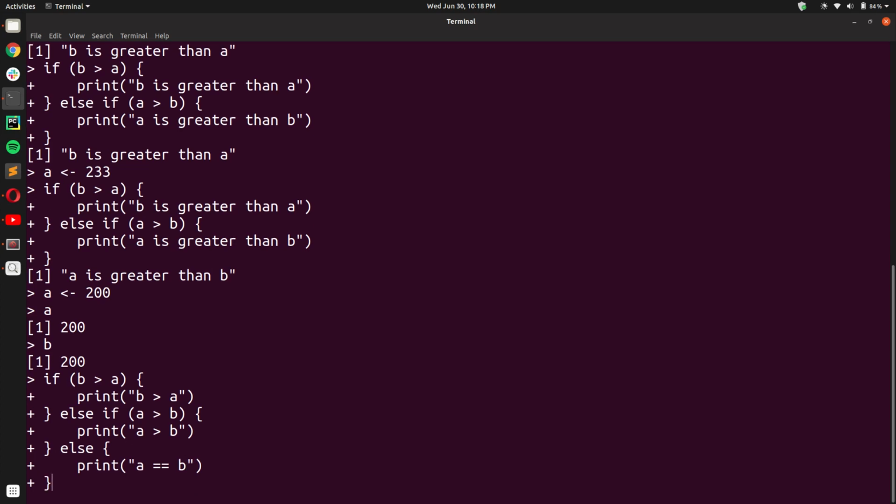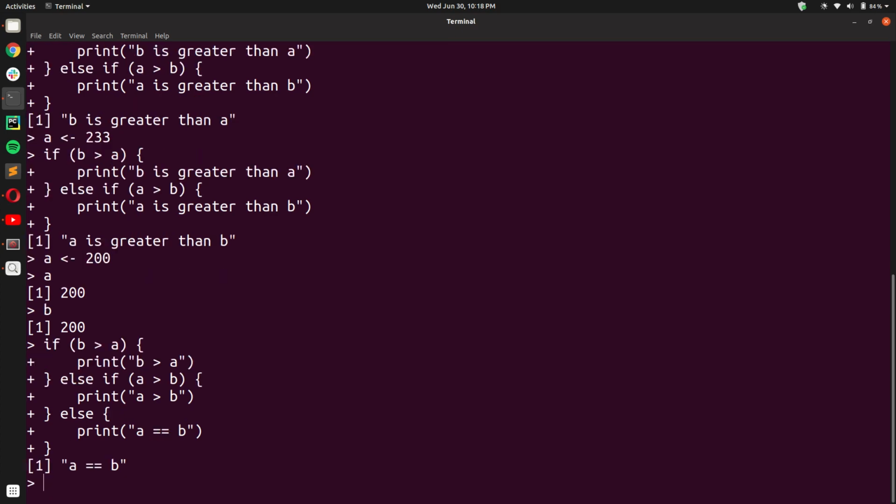And notice that we are using two equal to operators. So in R, when you are comparing two quantities for equality, you have to use two equal to operators consecutively. And now you'll see that when I run this code block, I get the output a equal to b, and this is because the conditions for the if and the else if statement evaluated to false.